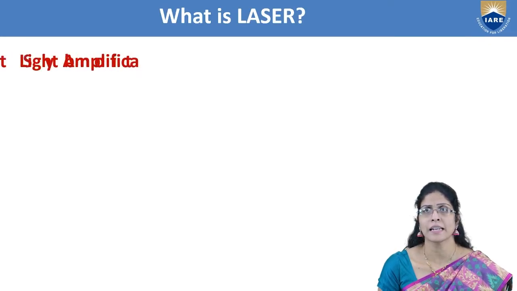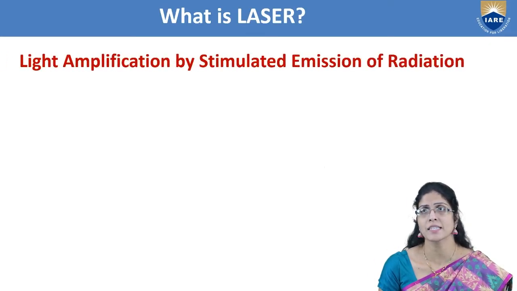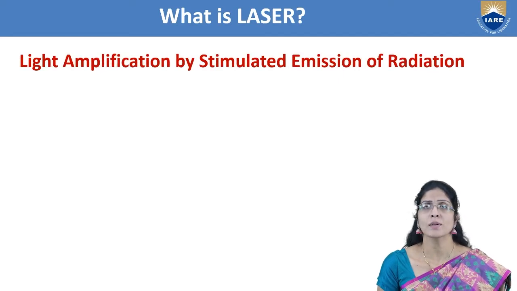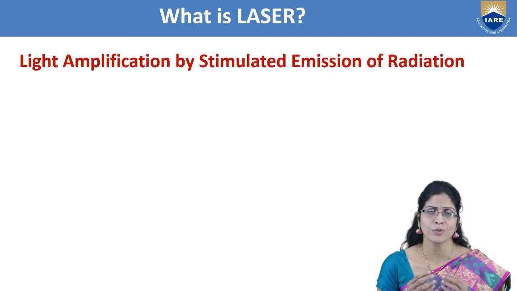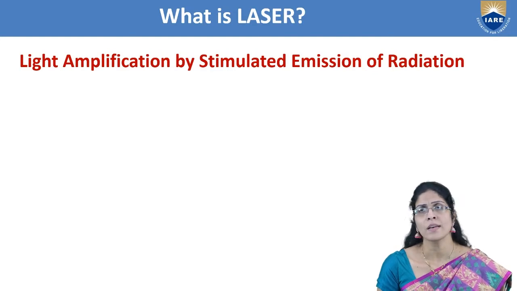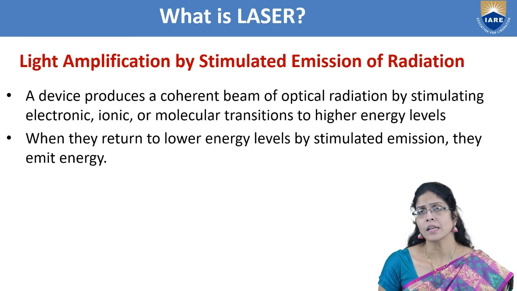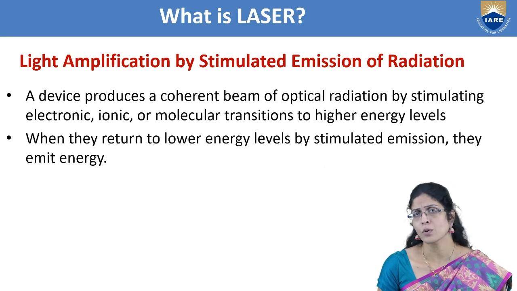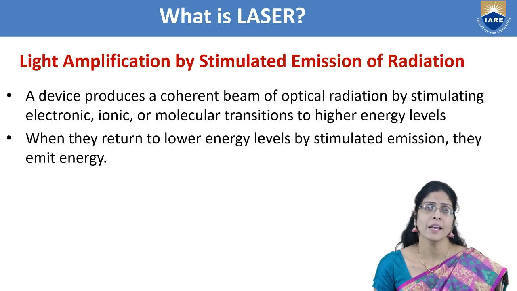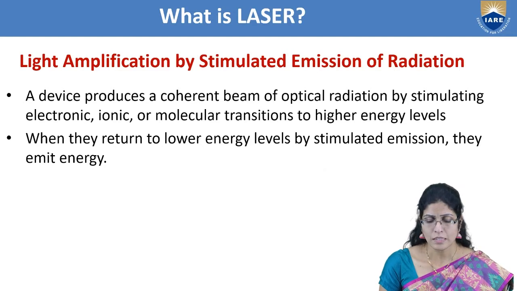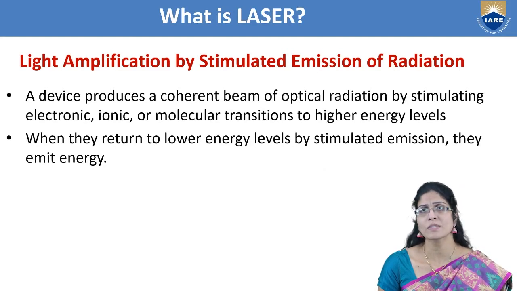Laser is nothing but light amplification by stimulated emission of radiation. So normal light, what you know and what the scientists already knew, they just amplified it by letting the radiation be emitted out after stimulation. So how did it happen? I will let you know how it happens in an effective way in my coming lectures. But this laser is brought out by using a device which produces a coherent beam of optical radiation